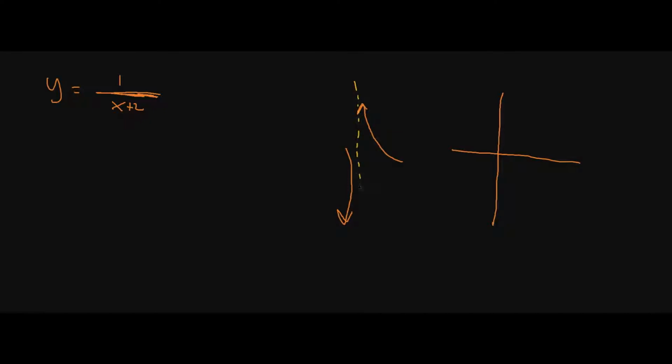So if we take that logic and apply it to something like this, let's say y is equal to 1 over x plus 2. And the question is, what is the vertical asymptote? We want to figure out exactly where my function does something like this, where it goes like that, and comes down like this, creating this vertical asymptote line. It seems to approach that line, but it's never going to touch it because we can't ever divide by 0.